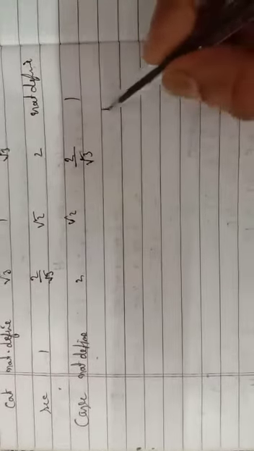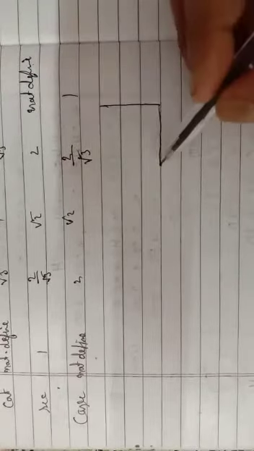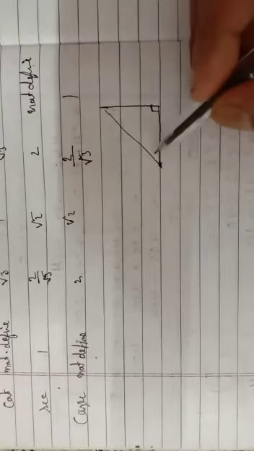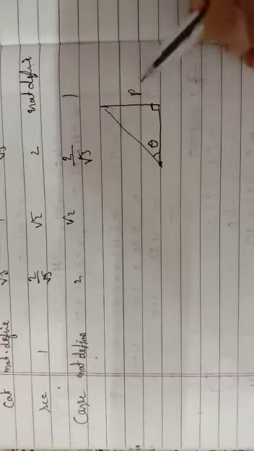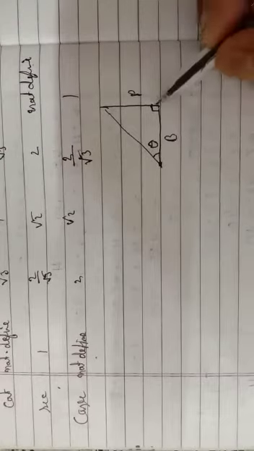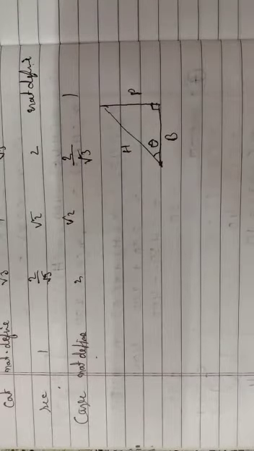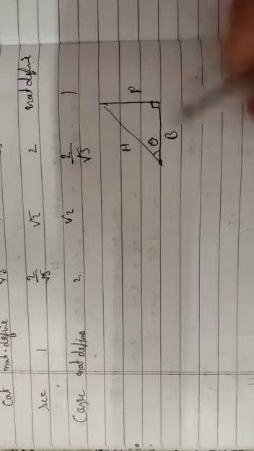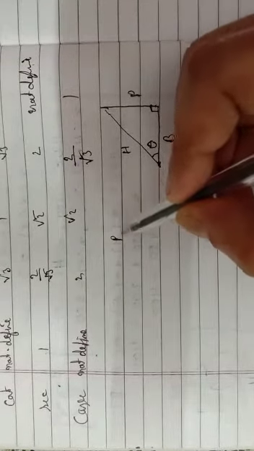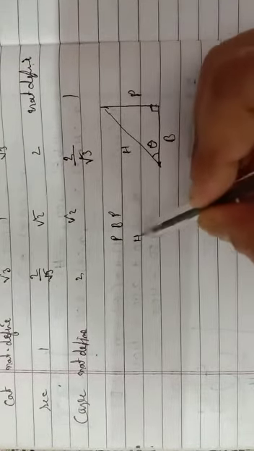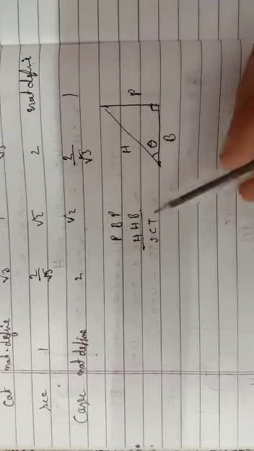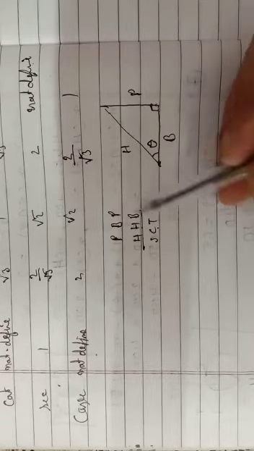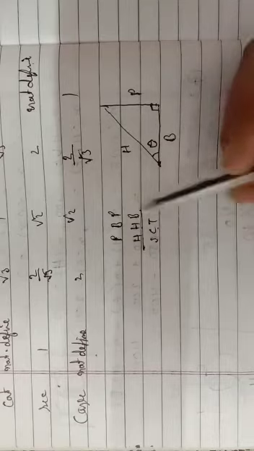This formula is based on a right angle triangle, and one angle, let it be theta. So against theta is the perpendicular, and this is the base, and the side opposite to the 90 degree angle is known as the hypotenuse. So you know very well: sine belongs to perpendicular upon hypotenuse, cos belongs to base upon hypotenuse and tan belongs to perpendicular upon base, and all these values you know very well.